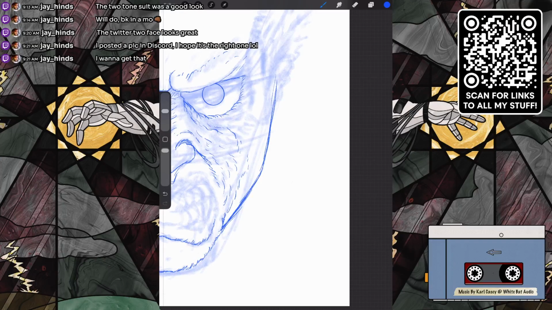Even that picture does not, and that's the right one. That is absolutely it. Even that picture really doesn't tell you, because when you see it up close, there's all this texturing, like the suit has a cloth texture to it. It's amazing. It really is.